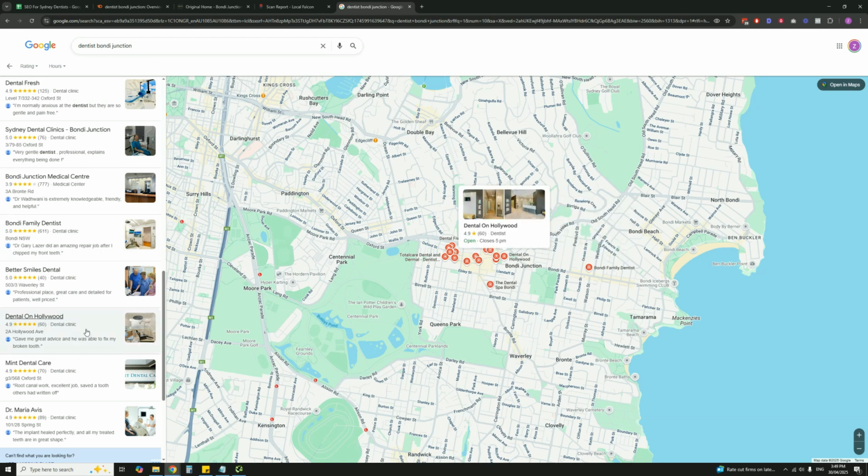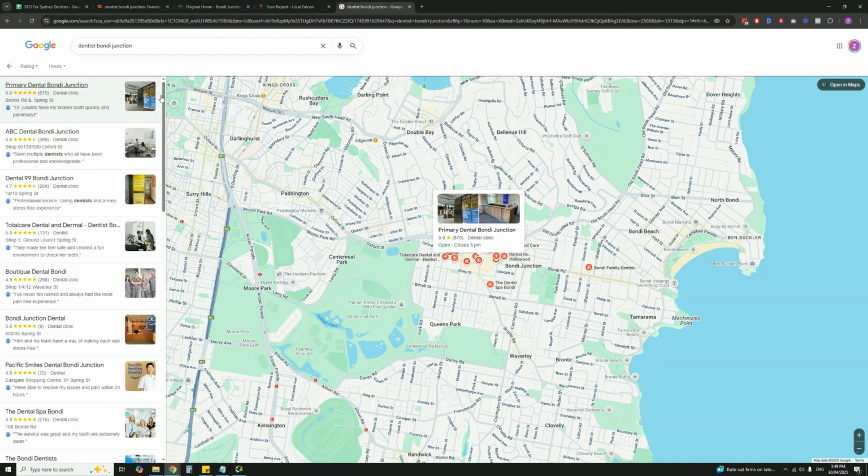Reviews we'll have a look at in a second, and then relevance. And what I mean by relevance is local relevance. So Google needs to see them as a locally relevant clinic and an authority in their space. So starting with the review counts, if we have a look at these top three competitors, we can see Primary